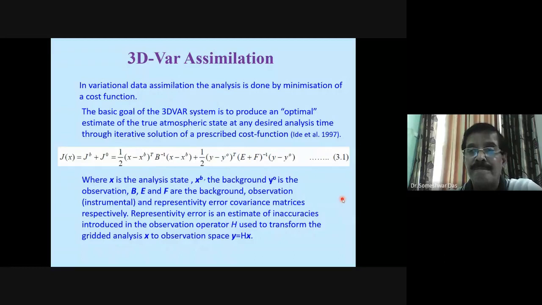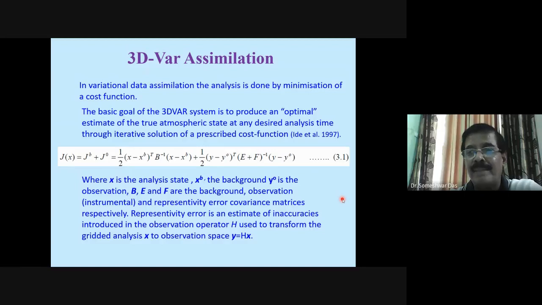If the echo is very intense, that means the cloud is very rich in hydrometeors. If the echo is very feeble, it doesn't have strong hydrometeors, maybe just a little bit of liquid water. So reflectivity, Doppler velocity.